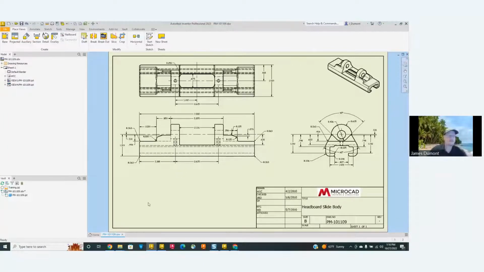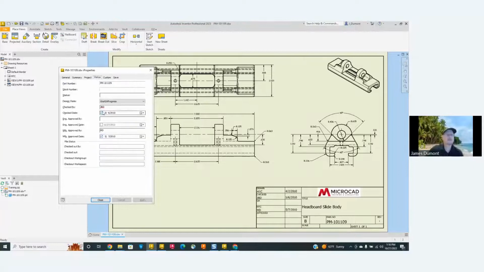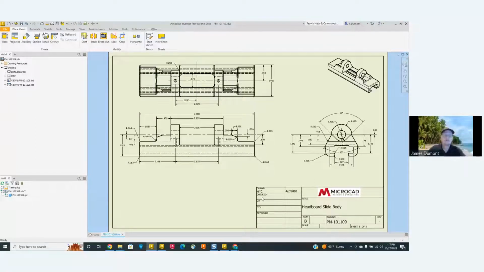Now I copied it. So the next thing Phil has to do, he's got to change the drawn by. He's got to eliminate the checked by, manufactured approved by, and approved by date. Because this file was copied from an existing original release file, it might have all these properties filled in. So we're going to copy it. But then the next strategy is you have to go in and start clearing those fields. So you're going to go to status and get rid of this. You got to shut that off, get rid of that, shut that off. And now it goes back to 2010. I got to change that.